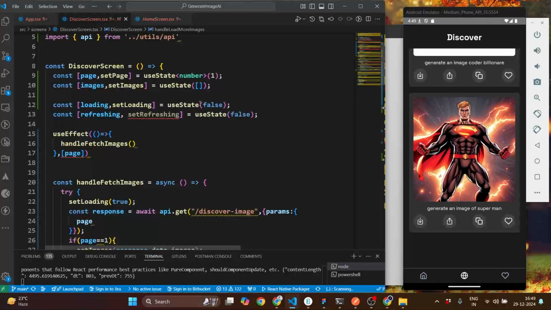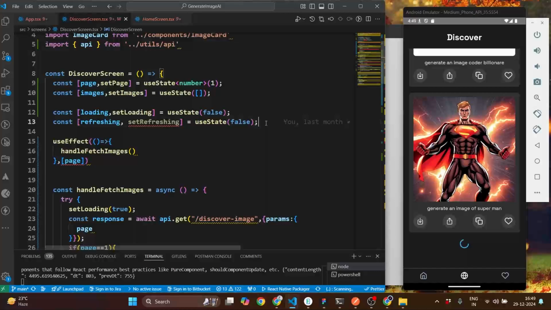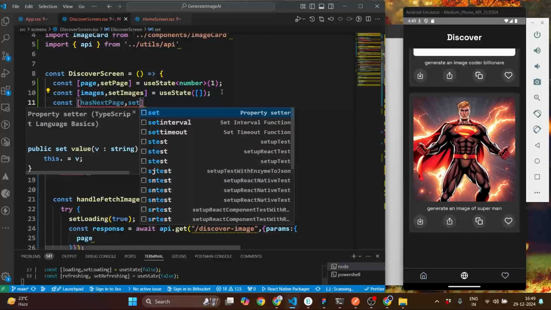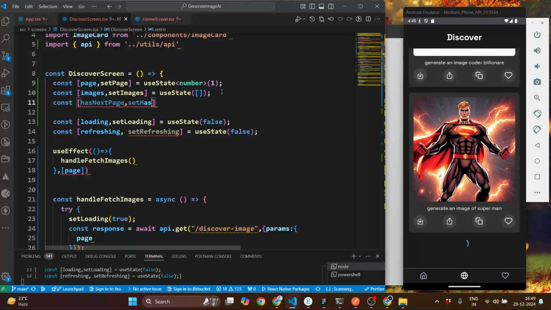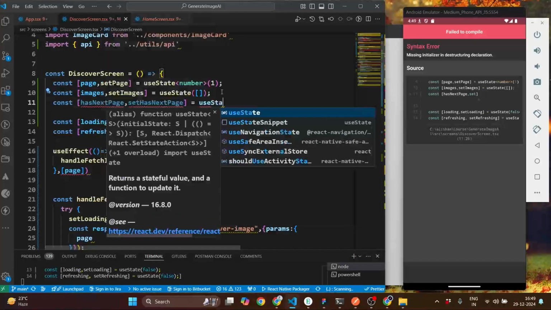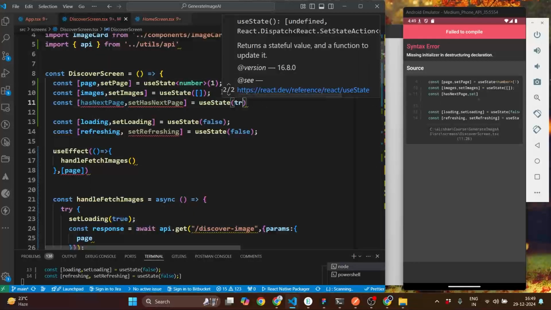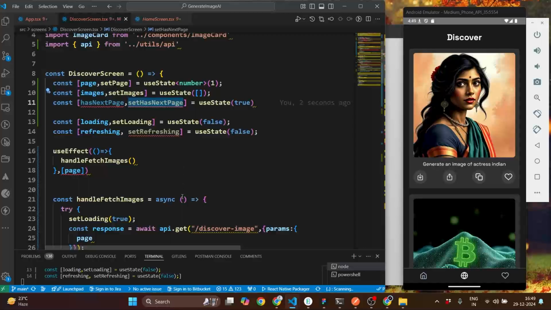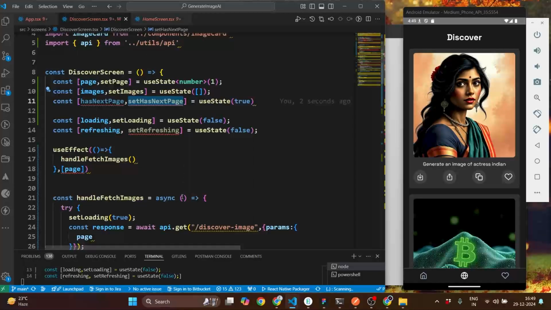So we're gonna have one state variable here, const has next page, and we're gonna call this set has next page. Okay, and we're gonna use useState. By default it will be true, like this, has next page. Okay, and after this, what we're gonna do is check if data.total page, if the current page,